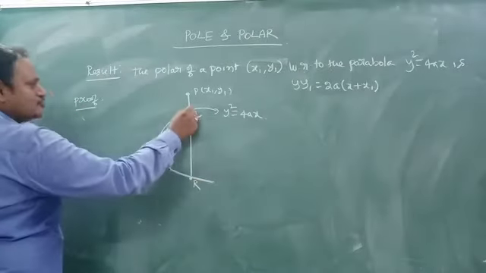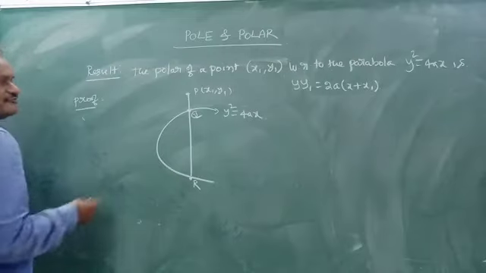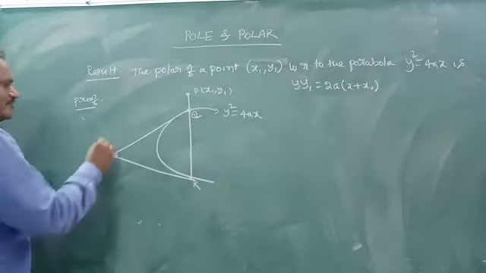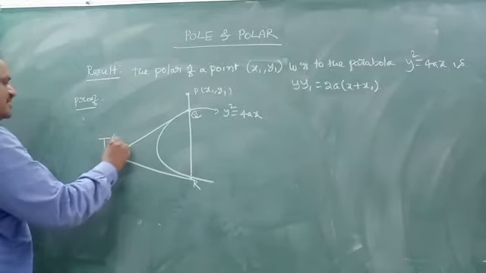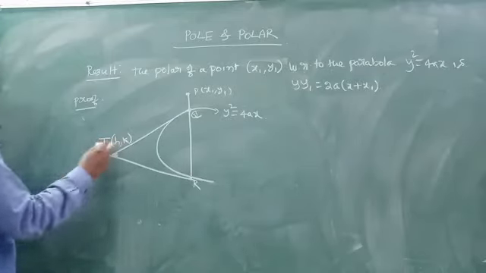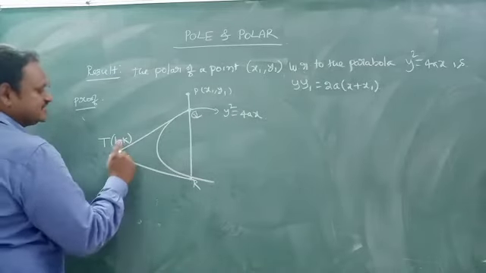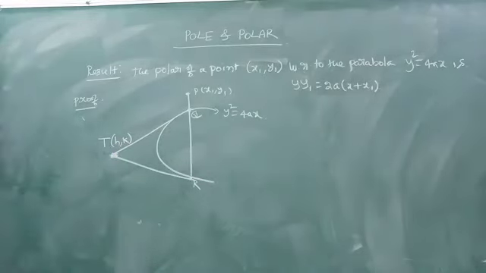Now you draw the tangents according to the definition of the polar. You draw the tangents at Q and R. Then we will get this, which we call some T. Let us take its locus as some h comma k. The point of intersection of the two tangents is nothing but h comma k, right? Now you see here, PQR is a secant through the point P x1 comma y1, and the tangents at Q and R intersect at some other point h comma k.